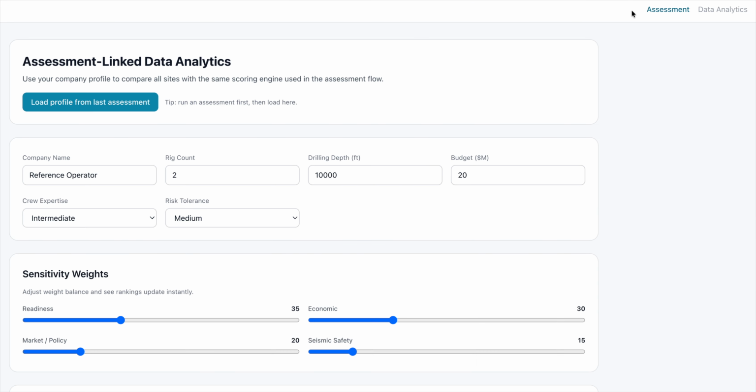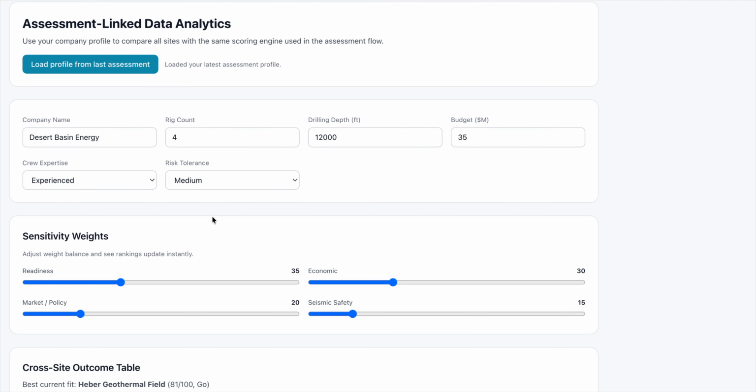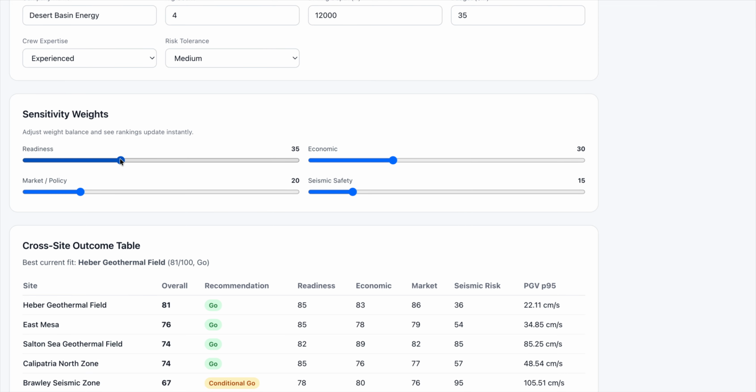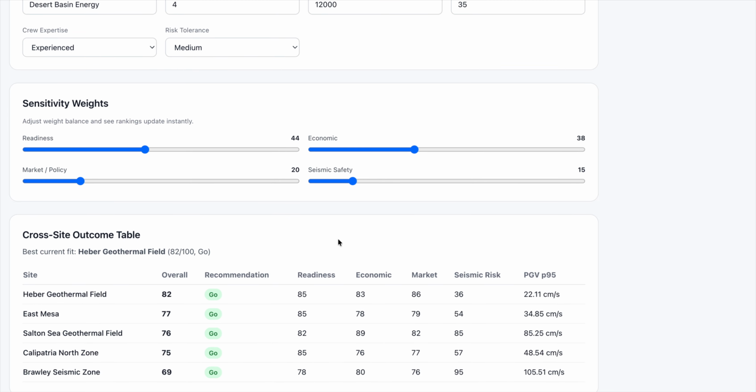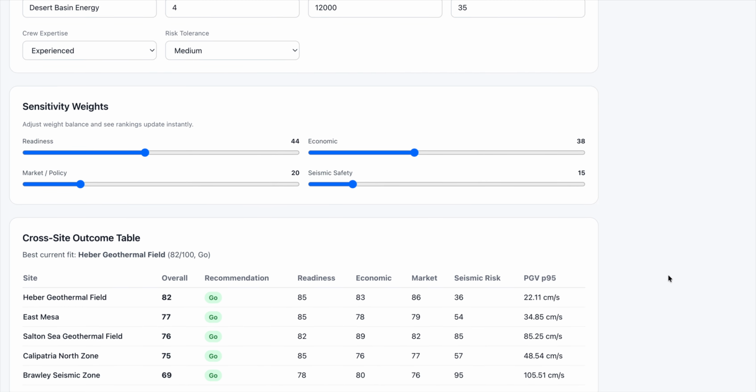And there's also another page for data analytics where basically we load the profile from the company we just used, and we can pretty much adjust the weights for this company. Like, we can adjust the readiness score, and we can adjust the economic score, and this essentially simulates what the overall results could be for that company for different sites, and also compares all these different sites. So as we see right now, the highest recommendation is for the Heber geothermal field, but there's comparison with like all these different sites,